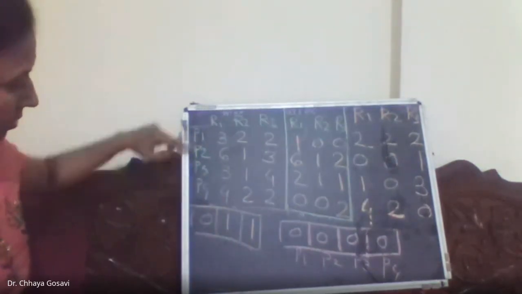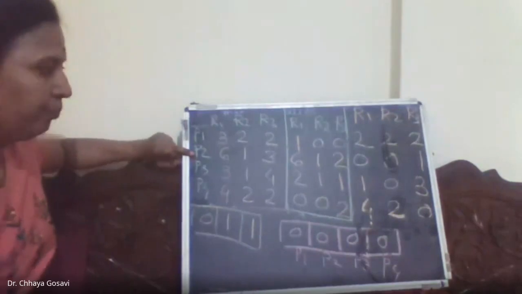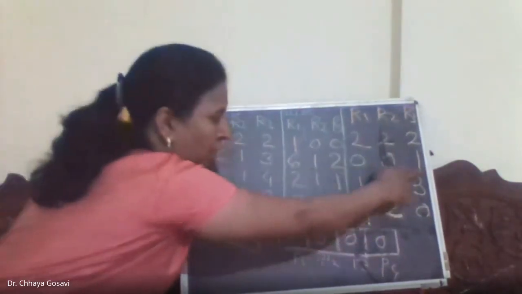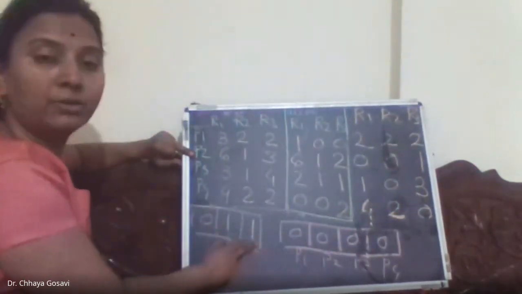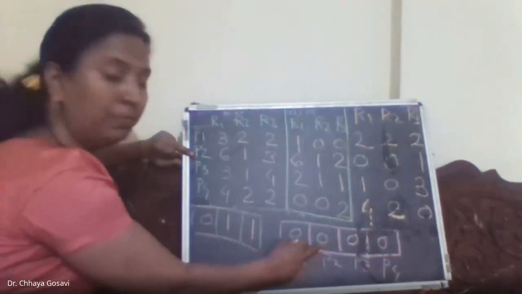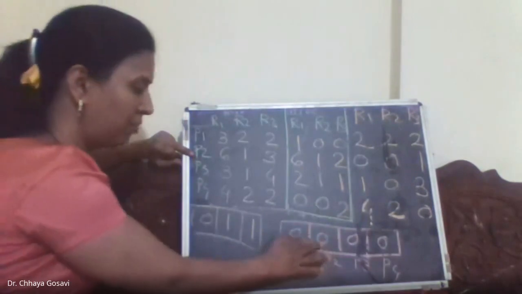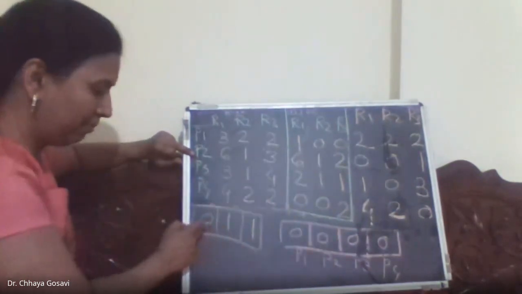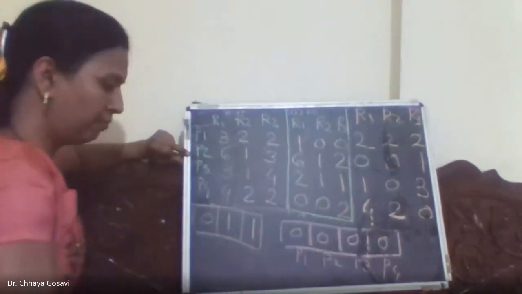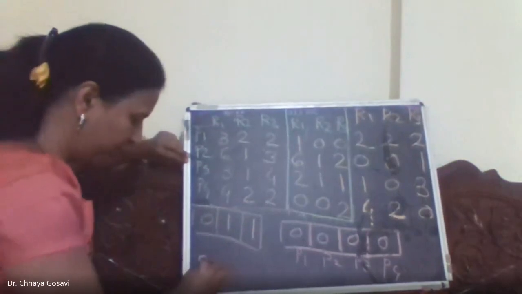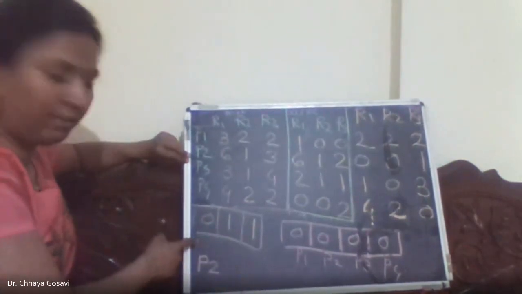Then control will move to P2. Need is 0, 0, 1. Available is 0, 1, 1. And finish is 0. So both the conditions are satisfied. Finish is false and need is less than available. So we can grant the request of P2. So P2 can execute first, and the new available will be